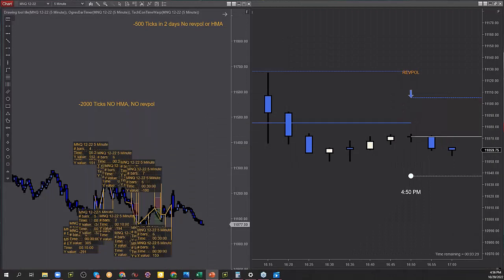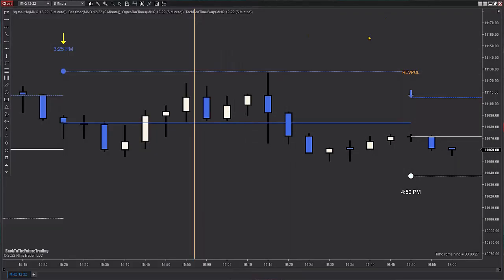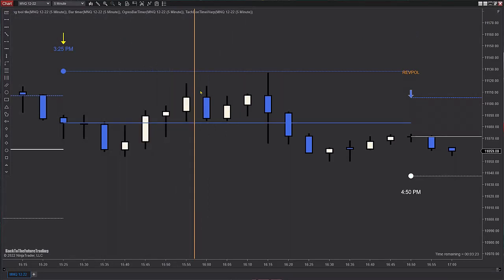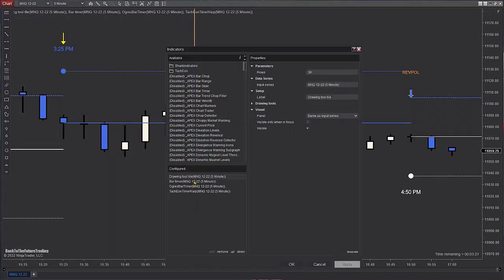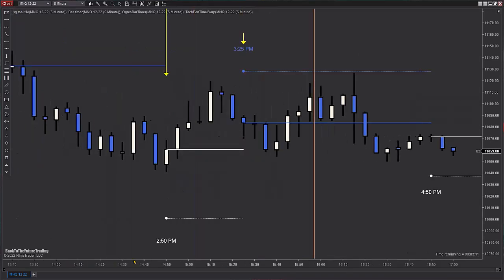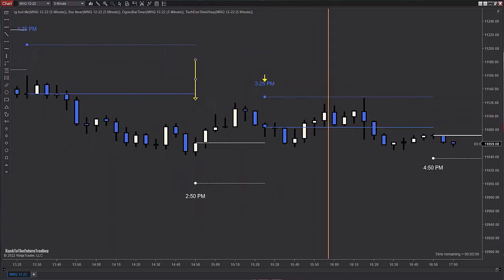Okay, so we already went through some quotes. So let's look at some charts. Let's start with no Rev Poll, because I don't want to confuse everybody off the bat here. We don't need it. In fact, maybe we can do two different tests. Let's look at the NASDAQ 5-minute. Let's make sure that my signals are lining up.